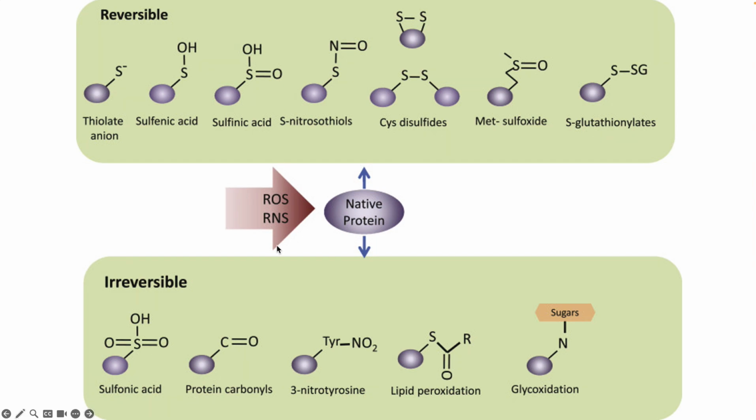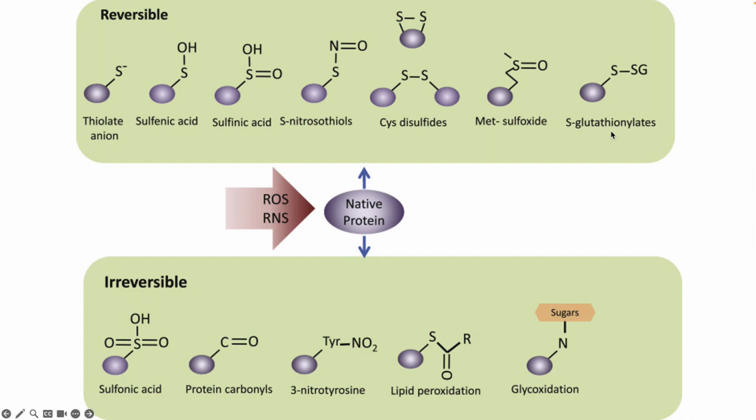There are reversible and irreversible types of modifications that can be done when ROS interacts with a native protein. Reversible ones happen to proteins that have sulfur groups, so that's cysteine and methionine. It can create tons of thiol-type proteins, but also sulfoxide, sulfonic acid,